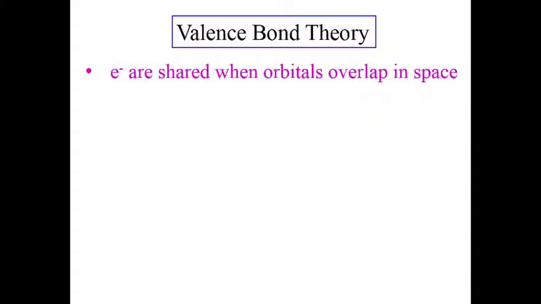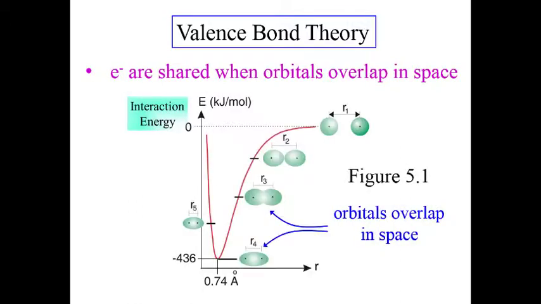To do this, we'll use a theory called valence bond theory. Our idea of bonding is this: electrons are shared when orbitals overlap in space. We have seen this before when we looked at figure 5.1 from the textbook. At position 3, 1s orbitals on adjacent hydrogen atoms are overlapping in space. At position 4, the overlap is strong enough that the atomic orbitals are indistinguishable, and the electrons are completely shared